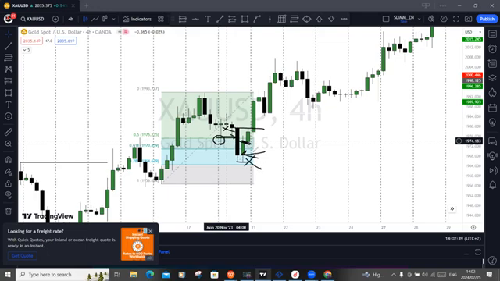There's no fake out. Fake outs, or the false inside bar, are followed by a pin bar. If you just put that in your mind, that if it's an inside bar, the fake out is most likely to be a pin bar, because a pin bar comes with a long tail, right? So if we had a pin bar here and they had faked out, let me just clear this. Let's say after this candle, we had a candle with a tiny head like this and a fake out like this, right? Then that would qualify as the inside bar false breakout, because they would have broken out to the other side of the